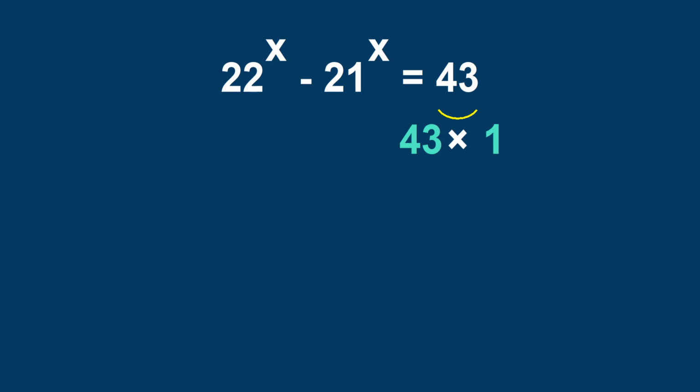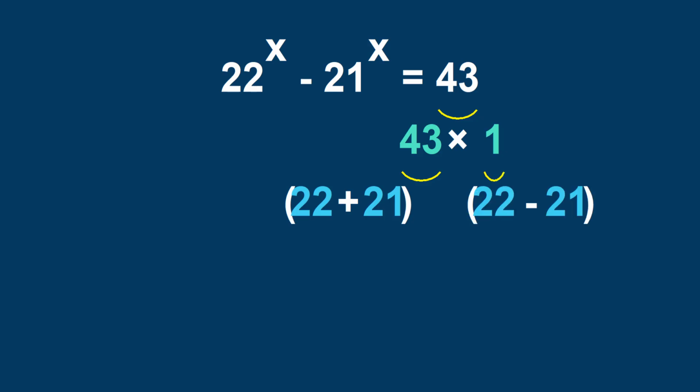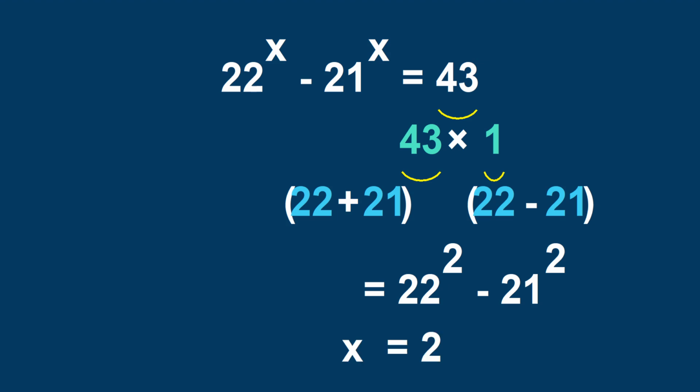as 43 times 1. Next, we are going to break down 43 into the summation of 22 plus 21 and express 1 as 22 minus 21. And now we have the difference of two squares form, which can be written as 22 to the power 2 minus 21 to the power 2. By comparing both sides of the equation, it's clear that x equals 2, and this is our final answer for